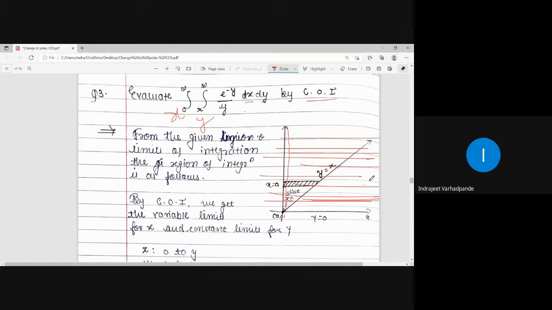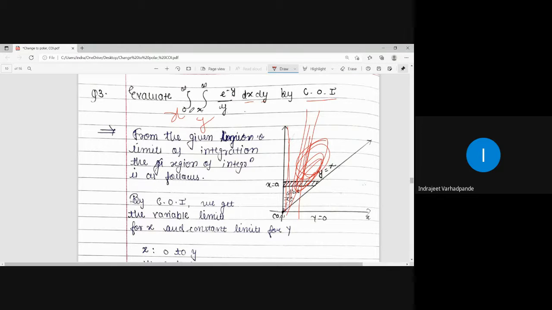x is equal to y. X is equal to y is a line passing through origin, and y is equal to x is a line, or x is equal to y, and y is equal to infinity, that is, all this is the portion. Now tell me, where is the region of integration, where is all the overlapping happening? Here all the overlapping is happening. So we leave this particular portion of integration, and hence the strip will be drawn particularly to this.